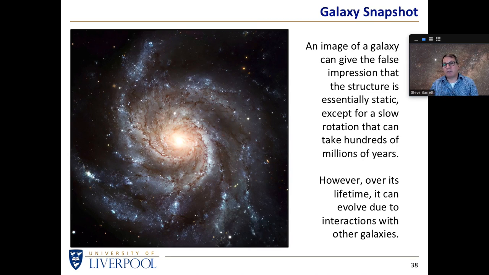So when we look at a static image like this, and we look at a galaxy, beautiful though it is, it can give us the false impression that galaxies are rather static. Yes, we know that they're rotating, but we know they take hundreds of millions of years to rotate. So we get the impression that that galaxy looks pretty much the same now, and it looks pretty much the same in a billion years' time, we think. However, we can't sit and watch it, but again, we need simulations in order to understand exactly how galaxies interact